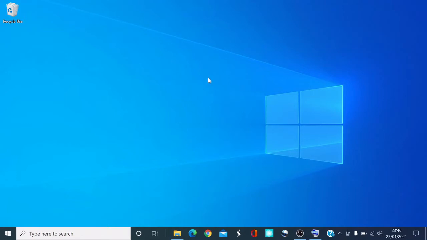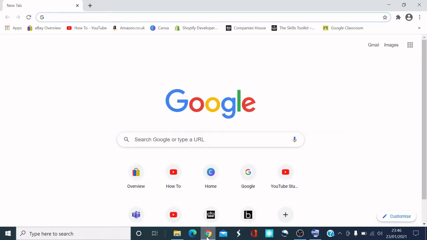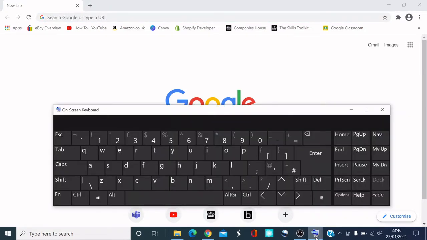What I'm going to do is open up an Internet Explorer browser just to show you, and just to show you on the screen, I've opened up a keyboard. On your laptop keyboard or PC keyboard, you're going to have something looking like this. And on the right hand side, can you see here? Yeah, you've got something called